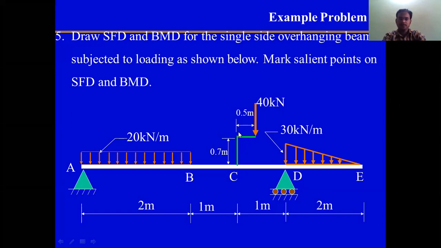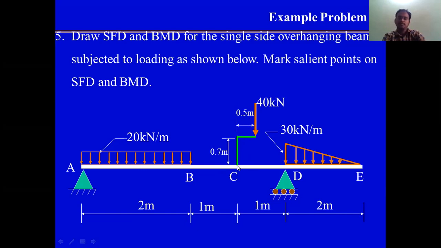We should know how to transmit this force. In engineering mechanics, we have learned this: you can transmit this force, transmissibility. So you can introduce a force at this point, 40 kilonewtons upward and 40 kilonewtons downward, and because of this upward and downward pair, it will form a couple and it is going to produce a moment at the point C.